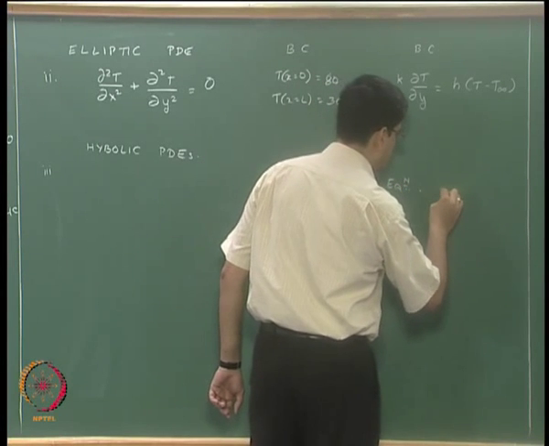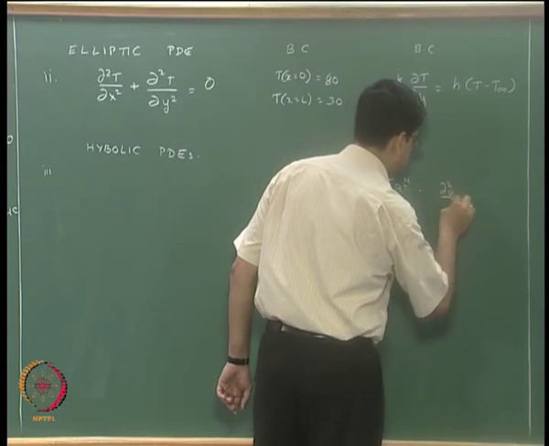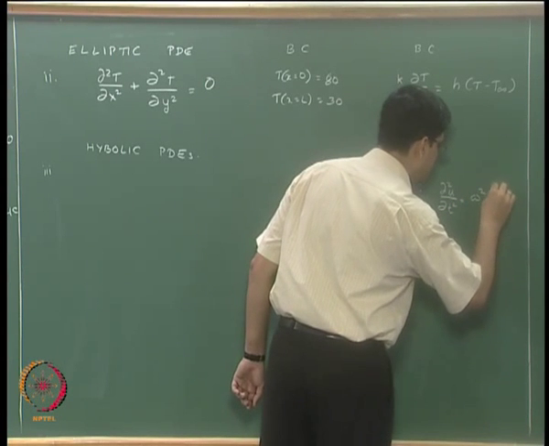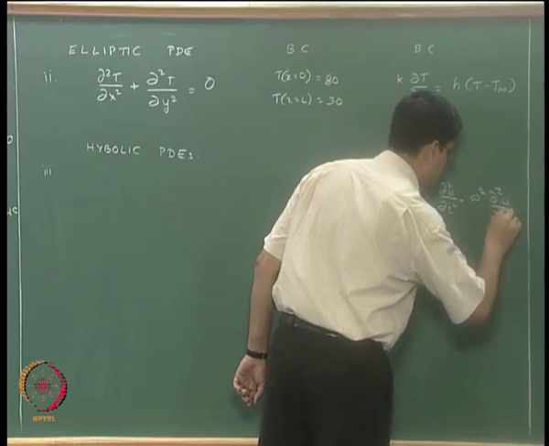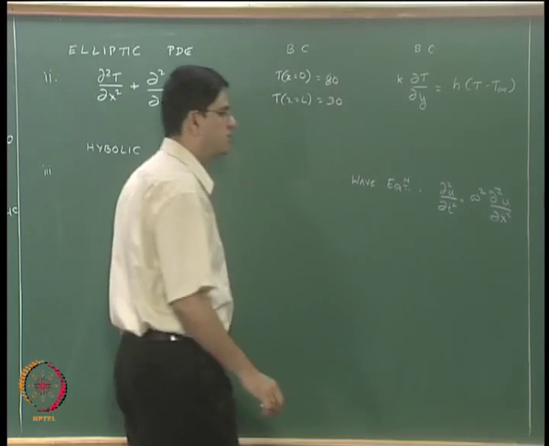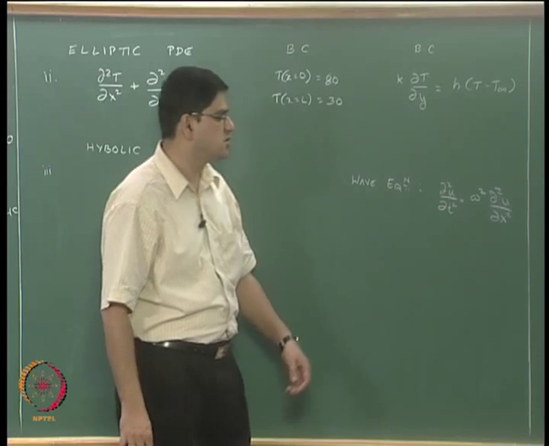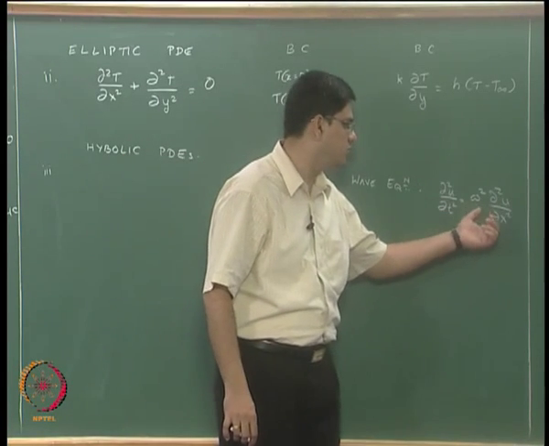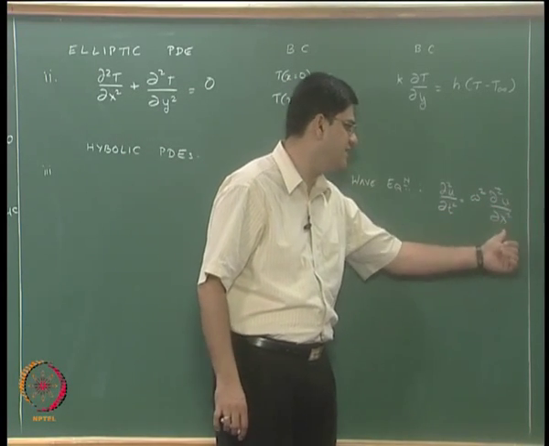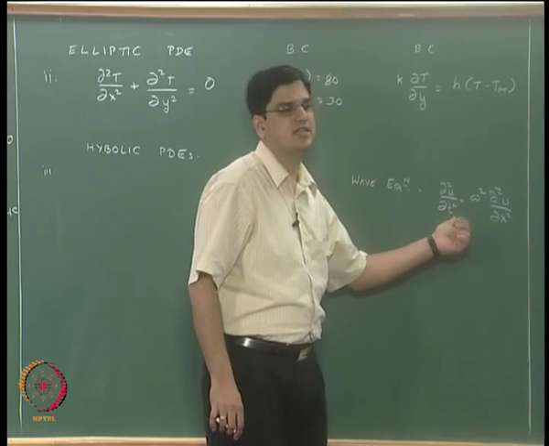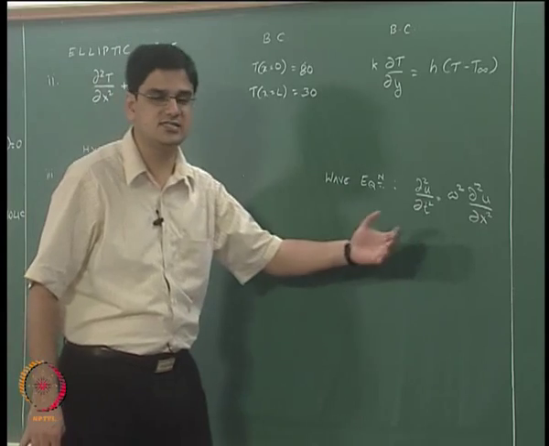And the wave equation is written in the form partial square u by partial t squared equal to omega square. This is how a typical wave equation is written. Okay, and then we can substitute a new variable, say v equal to omega du by dx and w equal to du by dt, and then we can substitute that.